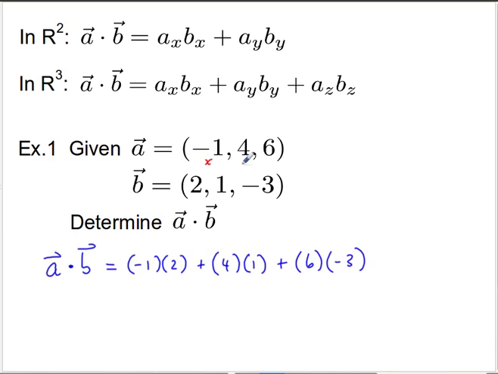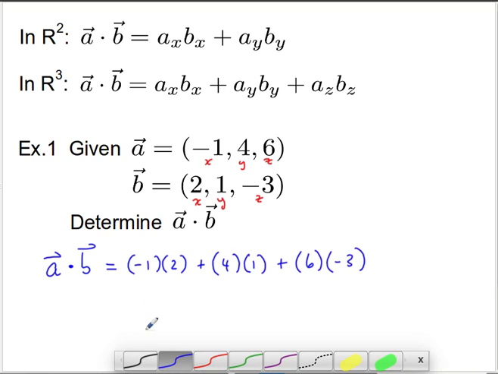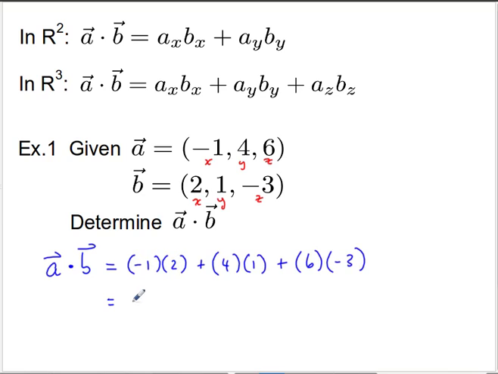So this is my x, y, and z. This was my x, y, and z. And so by multiplying those together, I end up with -1 times 2 is -2, plus 4 times 1 is 4, plus 6 times -3 is -18. And so overall, I end up with -20 plus 4 is -16,